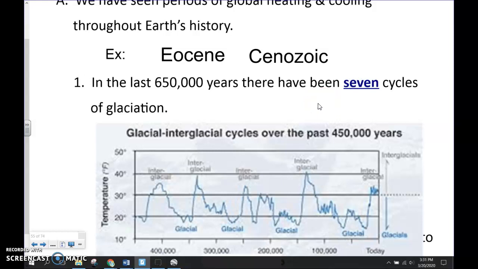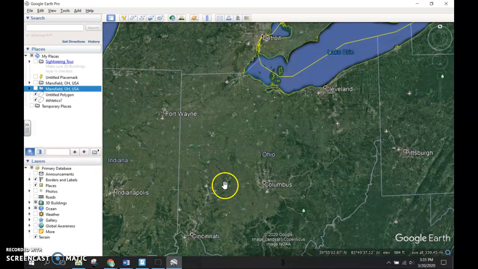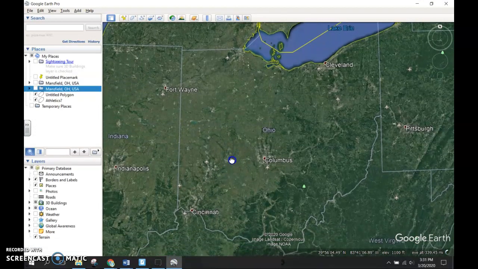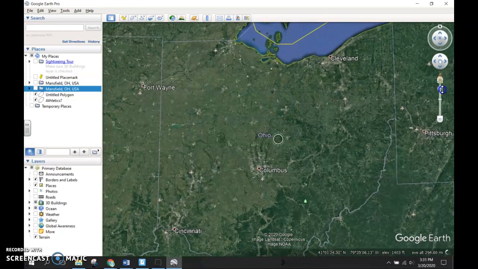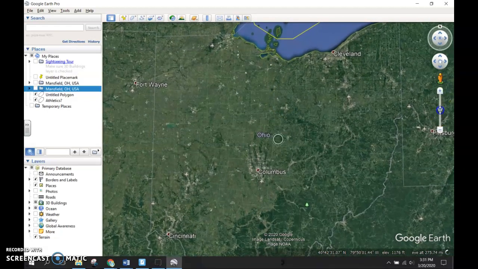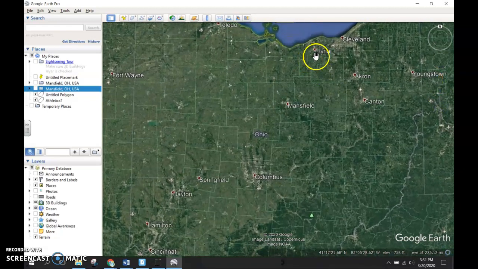Now, glaciers, we know, are basically ice rivers, right? Or large masses of ice moving across the Earth. And we have seen evidence of that in Ohio, of course. So you see here, looking at Ohio, the western, especially the northwestern portion of Ohio, is known to be very flat. Now you can see some ridges and stuff. Matter of fact, in my area, you can see some ridges up here of motion. Those are actually what we call glacial deposits.